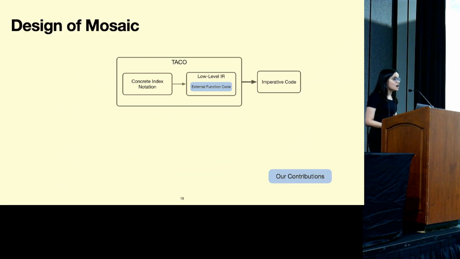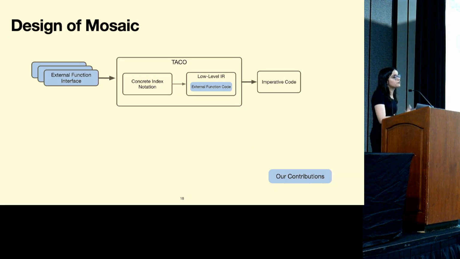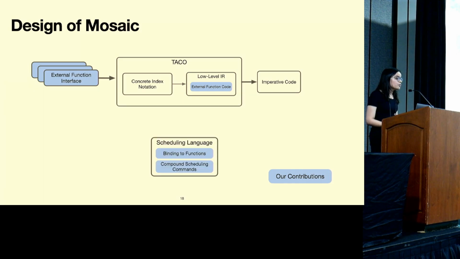So we start off with Taco, which is the compiler we've been talking about, and we're built on top of Taco. A user will write the expression they want to compute in Taco's IR, so that's prior work. Mosaic will take in a list of external function interfaces, which indicate what interfaces from what external systems are available for it to use. There's a scheduling language that helps decide function placement. So it will place substitute functions in terms of expressions, and it can bind these functions to these sub-expressions. Mosaic will then in turn validate these bindings against the external function interface that was previously plugged in.